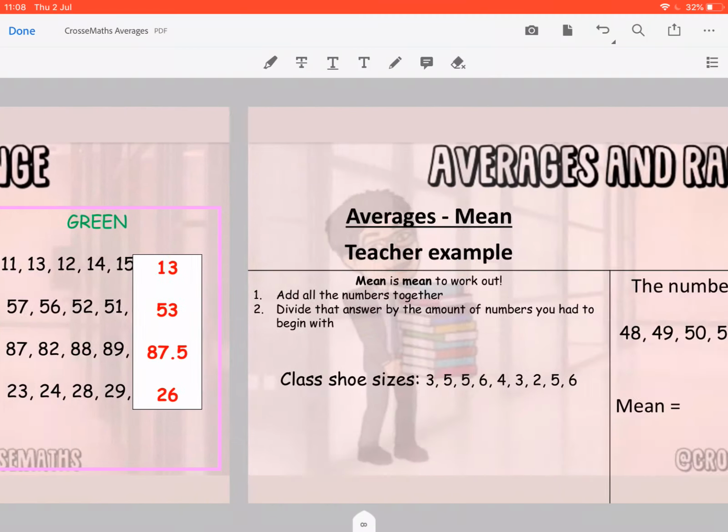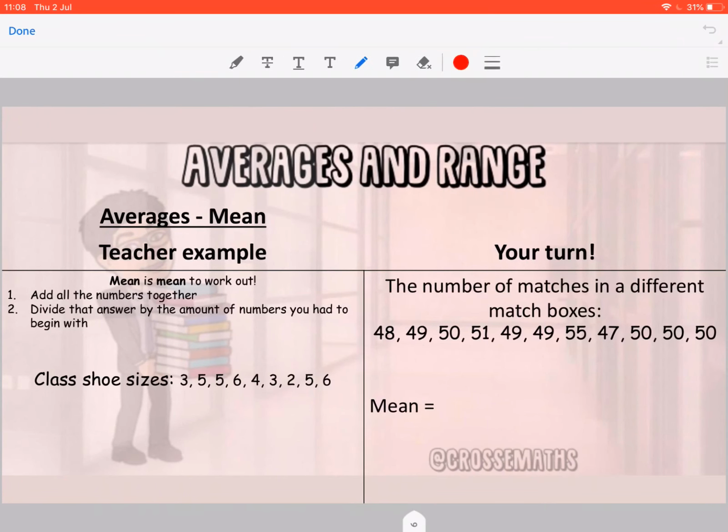Right, mean, so this is the hard one. To work out the mean, add all the numbers together and divide by the amount of numbers you started with. So for the one we've got, I've got 3 plus 5 plus 5 plus 6 plus 4 plus 3 plus 2 plus 5 plus 6. Often you'll get a calculator with this. If I add all the numbers up, I end up with